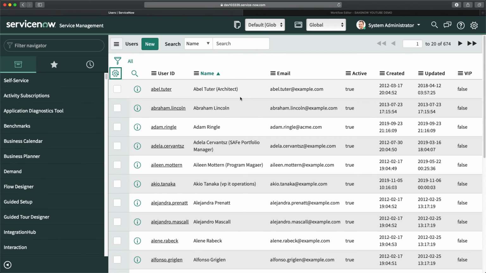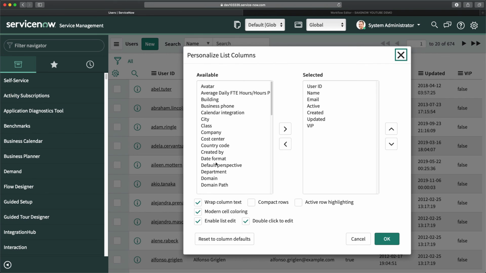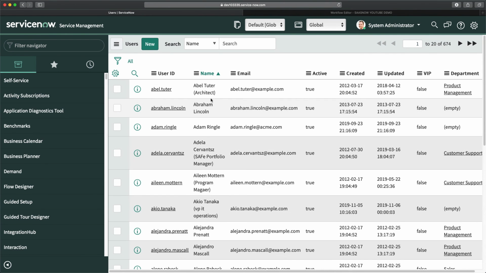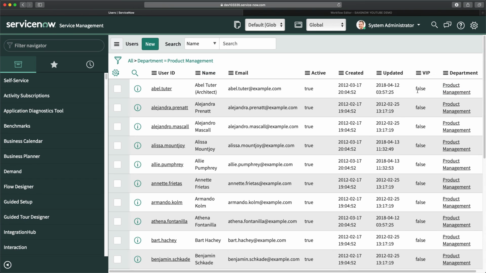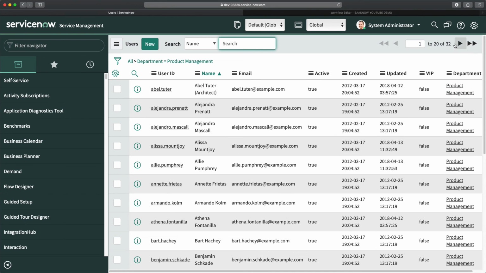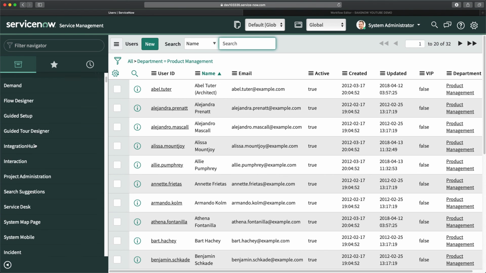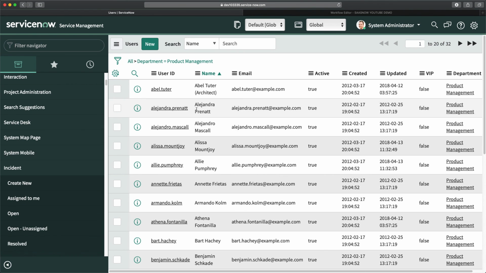So I will just quickly drag the department. Here is the department. So department for able tutor was product manager, and if I do show matching, you can see we have 32 records. That means this approval was sent to all these users. Now if I go to that incident again,